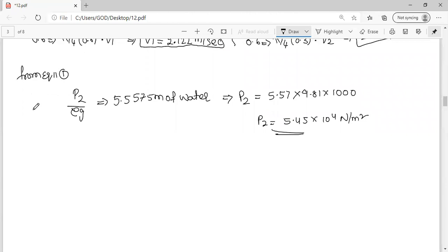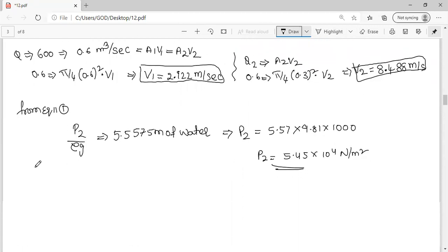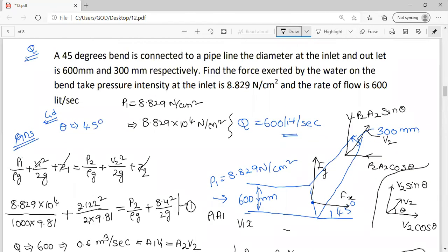Now I can resolve this problem. For resolution, I am writing the forces along x. Already we derived this in the last class, and from that you can also take it directly, but that is not a good practice. The good practice is always to resolve and write. So what are the forces acting in the x direction? That is P1A1. The force along x direction is P1A1, and the force Fx, and minus P2A2 cos theta.